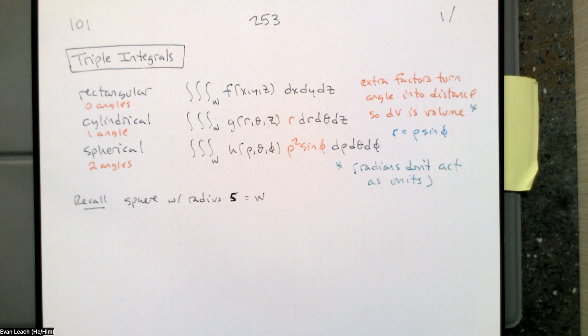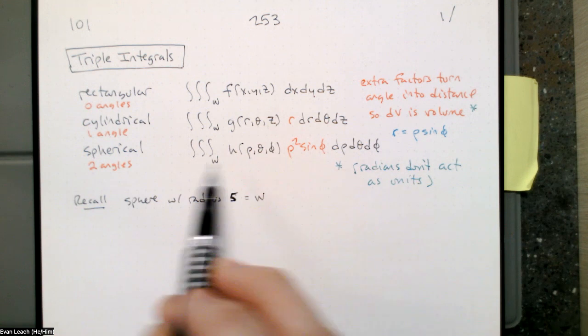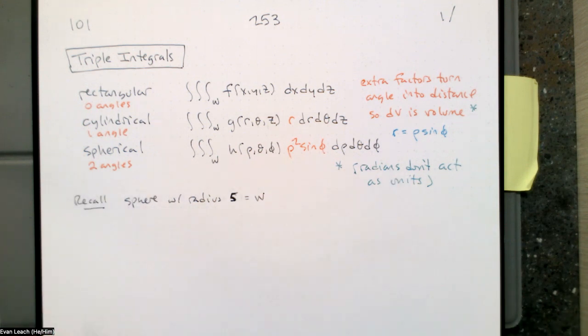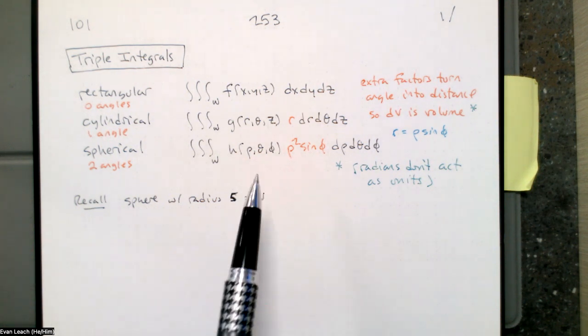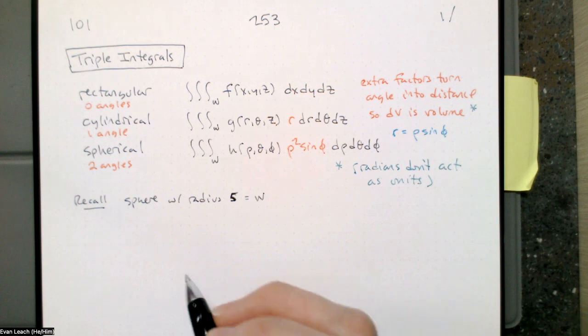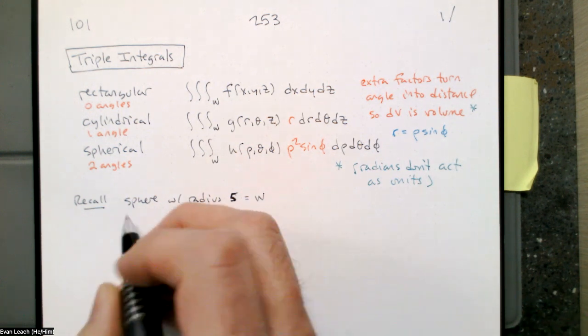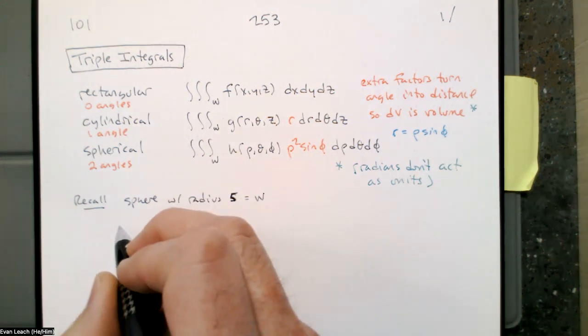Last time we looked at a sphere of radius 5. The reason that the sphere of radius 5 worked out so great in spherical coordinates is because the coordinates match the thing we're trying to describe. We're trying to describe a round thing, and round coordinates are going to work best. So if you recall, in spherical coordinates, our triple integral